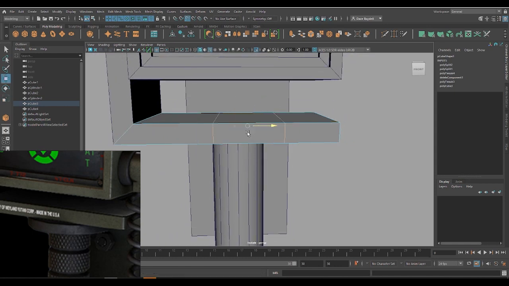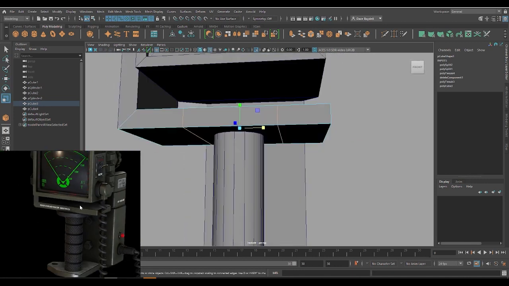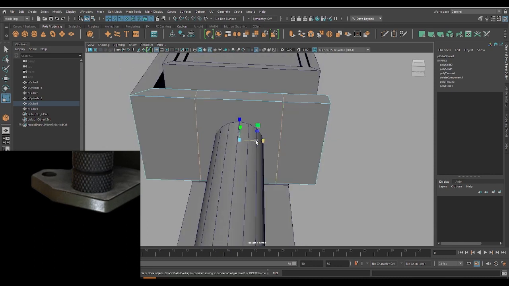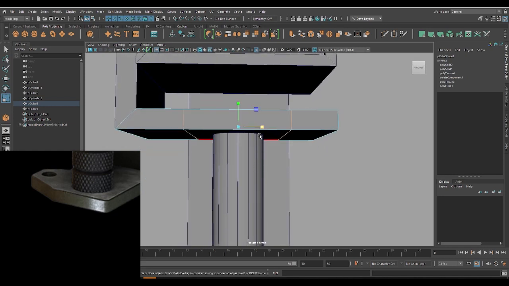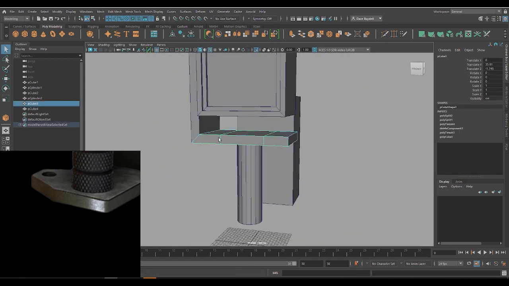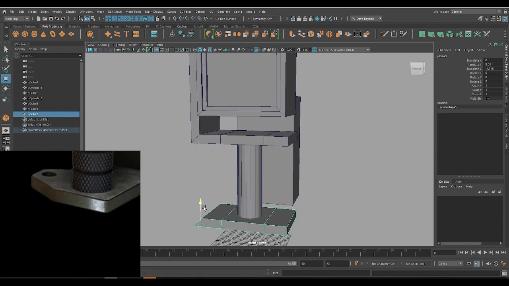I can grab both sides, scale out, and what I'm doing here is starting to get the width of this plate here, minus this little bit at the end, the width of this plate. So I can eyeball that in. Something like that. Cool. Now with that done, I'm just going to do a quick save. With that done, I'm going to just Control D, duplicate that, and move it down below my handle,